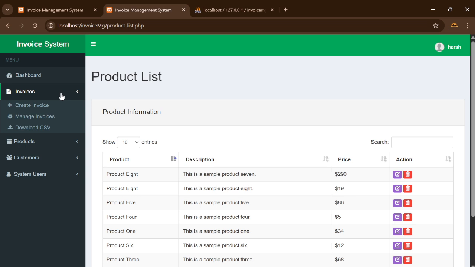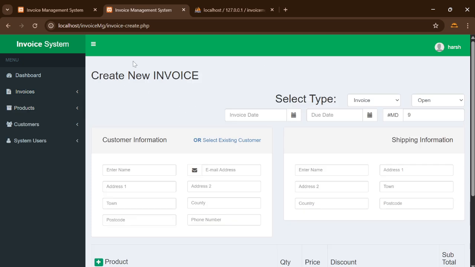This is one of the core features, creating invoices. Selecting a customer, adding products to the invoices, setting quantities and prices, applying discounts, calculating totals and tax, adding notes and terms, previewing the invoices. Like I am filling the customer information in the invoice creation page. Pin code, address 1, address 2, and country,